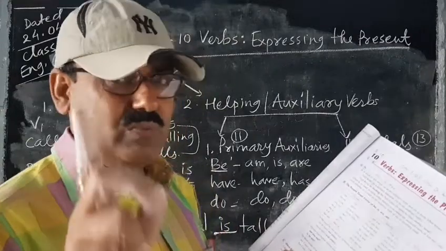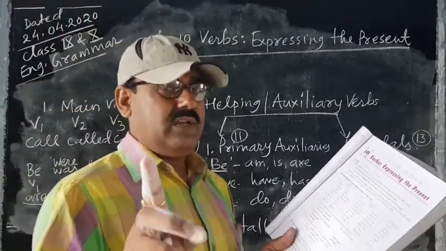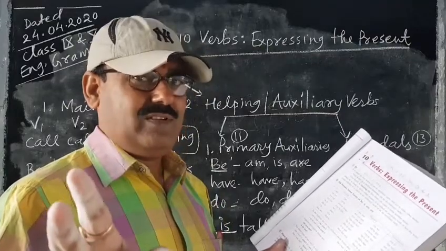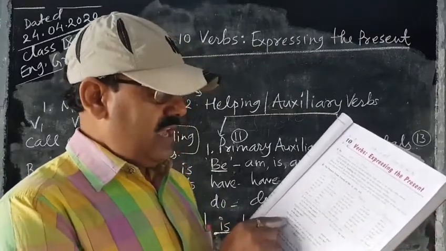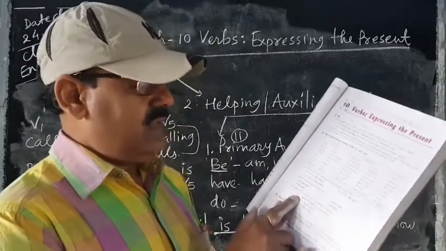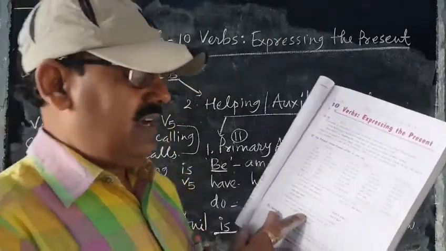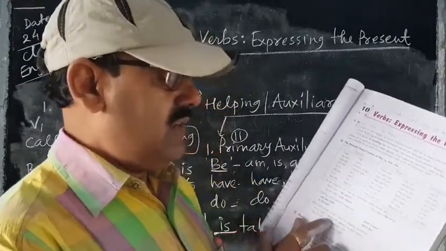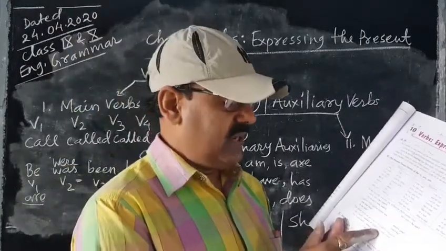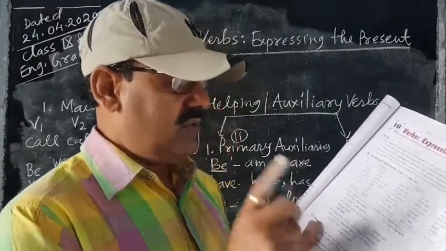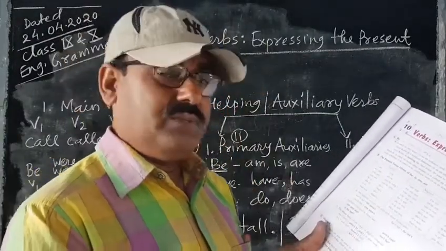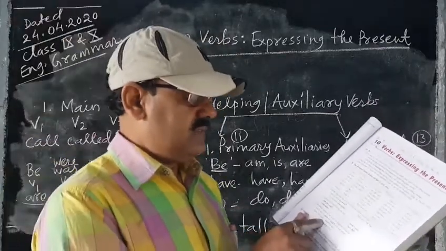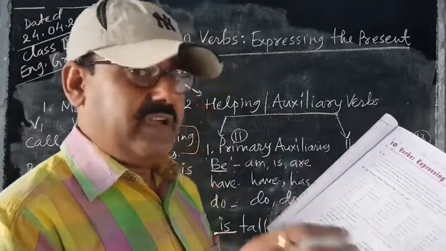Here one thing is very much important to understand. There is no form like "amn't". Okay. So what will "am I not" be called? Aren't I or ain't I. Am I not means aren't I or ain't I. Am I not tall? Aren't I tall? Ain't I tall?